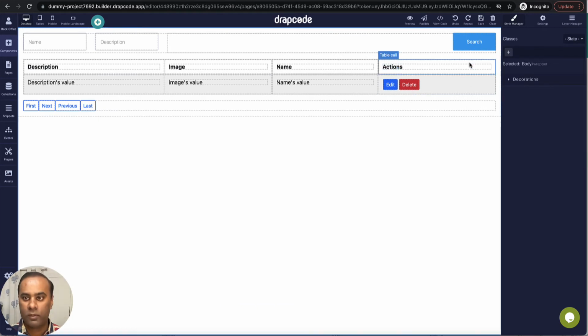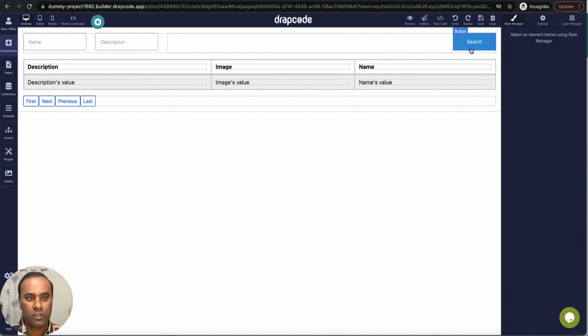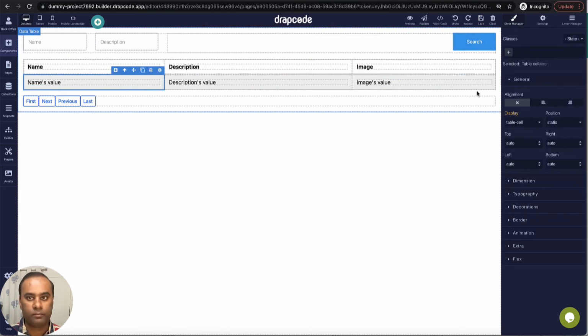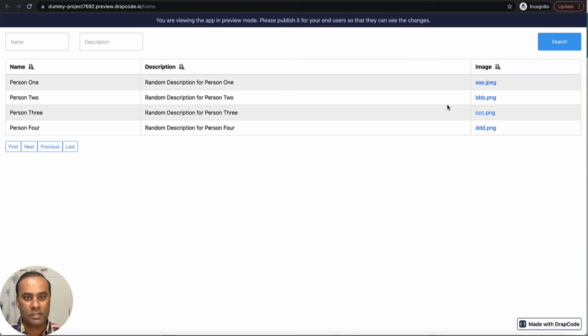So let's remove these columns. These are not needed. Let's go and see how this looks like. So I have description, image, and name. So let's move name to the left and go and see how this looks like. So I'll click preview, and this is it. So you can see it is basically displaying me the data of 4 persons, but the